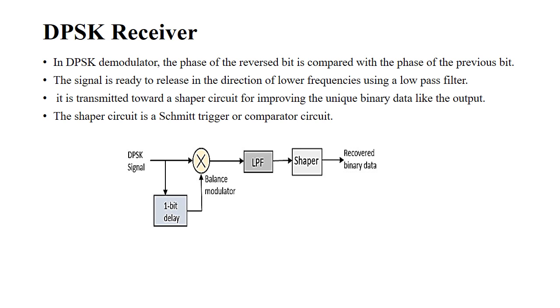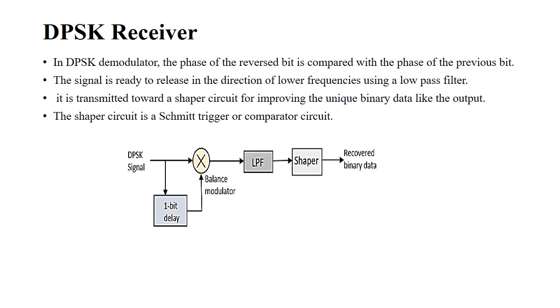Next one is the DPSK receiver. In this method, to recover the binary sequence from the DPSK signal, we use the DPSK receiver. The first type is the phase shift in the received signal. During transmission, the DPSK signal will undergo some phase shift theta. Therefore, the signal received at the input of the receiver is b(t) root 2P cos(2 pi f0 t plus theta).